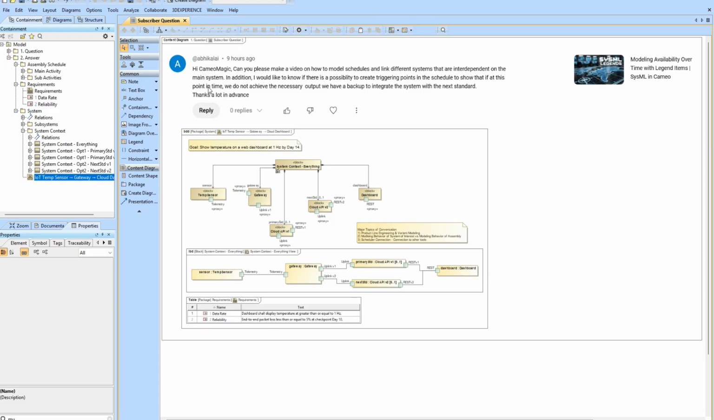In this video, we're going to address a subscriber question. It says, can you please make a video on how to model schedules and link different systems that are independent on the main system? In addition, I would like to know if there is a possibility to create a triggering process in the schedule to show that if at this point in time we do not achieve the necessary output, we have a backup to integrate the system with the next standard. Thanks in advance. So we've created a dummy example here